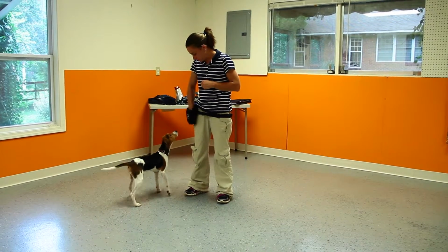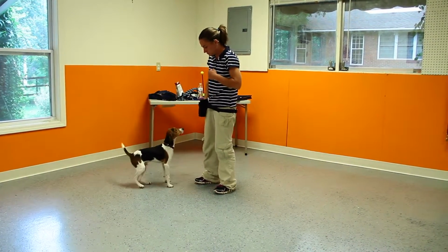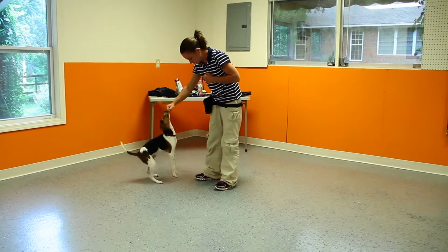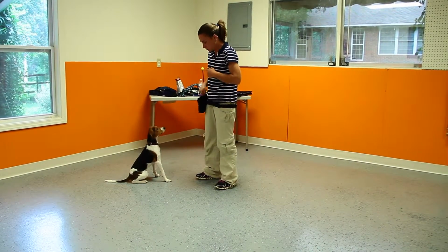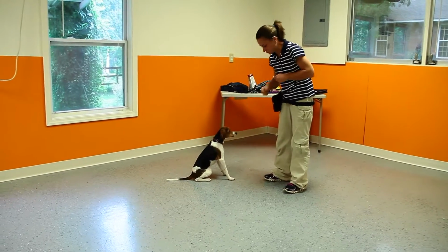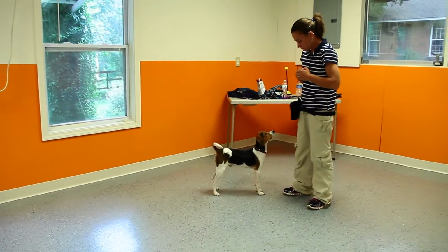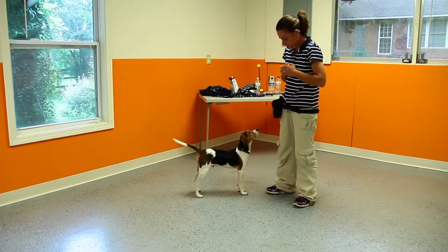Again, this is Mr. Beasley and Bethany, and what we're going to do now is show you how to lure a dog into a down position. Now, as with any behavior, there are a couple of ways you can teach it. You can either capture the behavior if the dog offers it normally. If the dog doesn't offer it normally, you can lure the behavior, or if you're actually changing the form of the behavior, a brand new behavior or a behavior that a dog does not naturally demonstrate, then you can shape